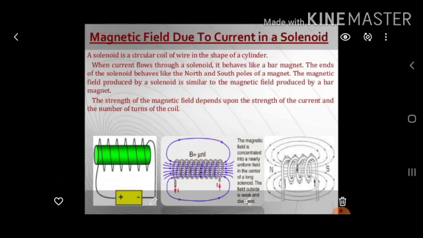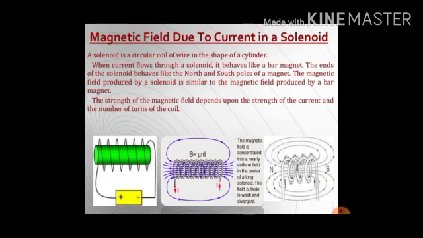If you observe in the second diagram, you can see the imaginary magnetic field lines around the solenoid in purple color here. They emerge from the north pole and merge through the south pole. But at the center of the solenoid, these lines do not merge with each other, do not interact with each other. These are parallel lines inside the solenoid. It means that the field inside the solenoid is uniform, just like the bar magnet.